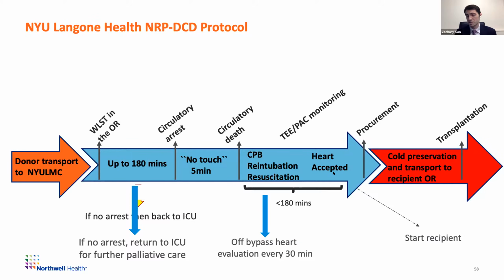But then procurement, again, is similar to a standard procurement, because the patient has been divorced from cardiopulmonary bypass, a cross clamp is placed on the aorta, and a cardioplegic arrest and then cold preservation as per the norm is performed. And then the organ is brought currently co-located to an OR next door, or to a distant OR potentially in the future.